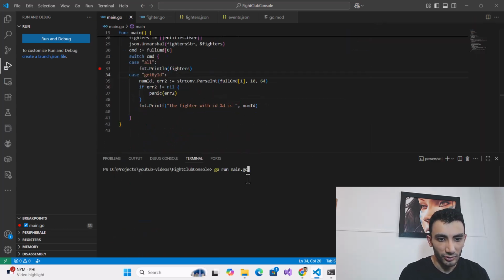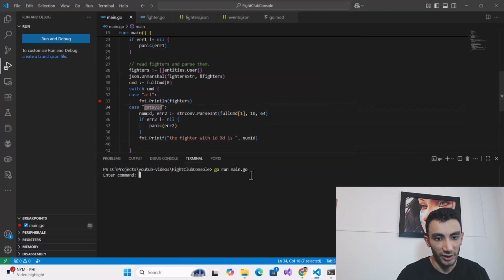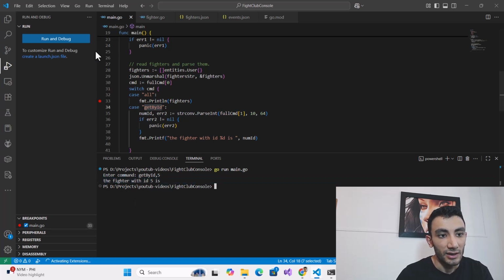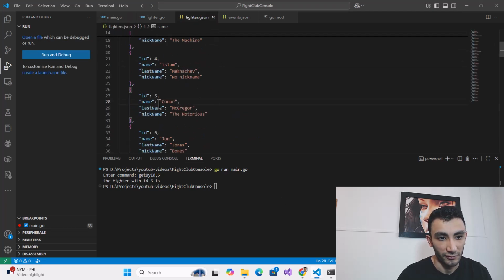If I run my code, go run main.go, I need to get by ID, comma, the number of the ID I want, the number 5. The fighter with ID 5 is, in here I need to return the fighter name of ID 5, Conor McGregor.